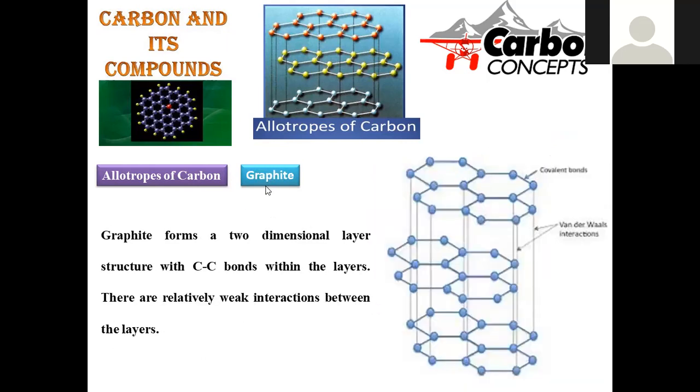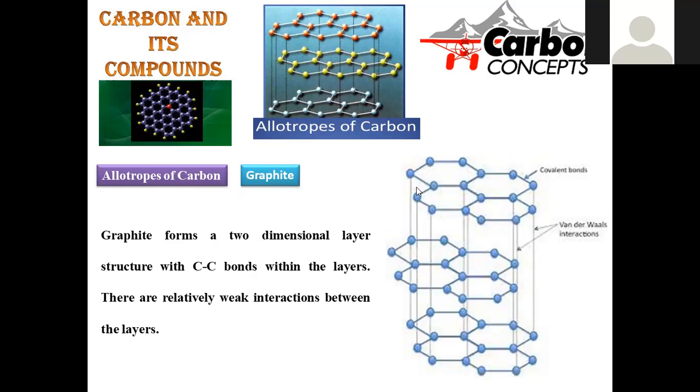In a similar manner, graphite is assigned a 2-dimensional layered structure with carbon-carbon bonds within the layers. So this kind of arrangement will be there. Let us assume this is layer A, layer B, layer C. All these layers are equispaced. All the layers are associated with forces called van der Waals forces of attraction, which are slightly weak forces of attraction, so that sliding of one layer upon another is possible, and all are linked with extended covalent linkages.